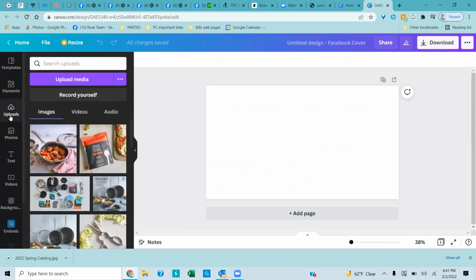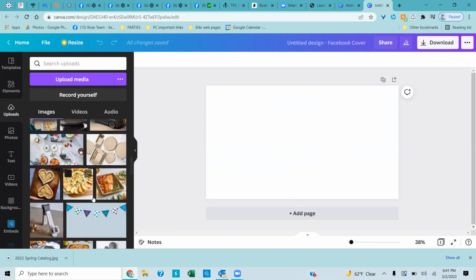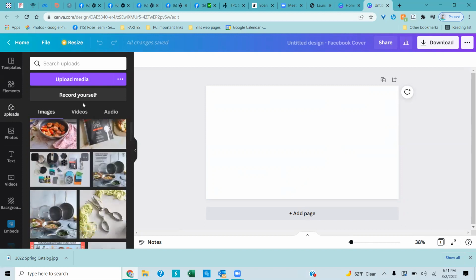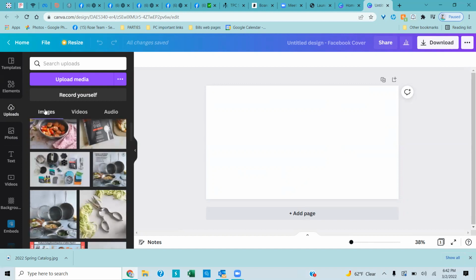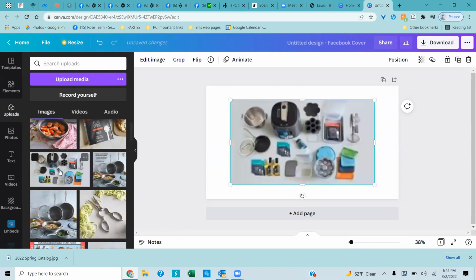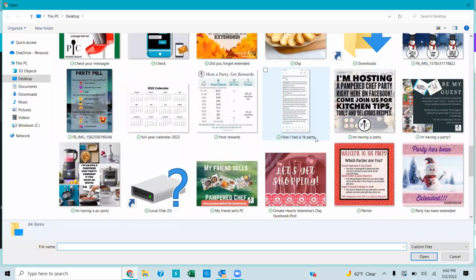So this one, just to let you know that over here to the side, when you're going to upload your pictures, say that, of course, if it's your first time doing anything, you're not going to have any pictures in this. You can upload your videos, upload your audios. But what I do mostly is images. So say this one right here, okay, see how I just clicked on it and it moved over here? Well, to upload it, I would go to upload and find an image on my computer